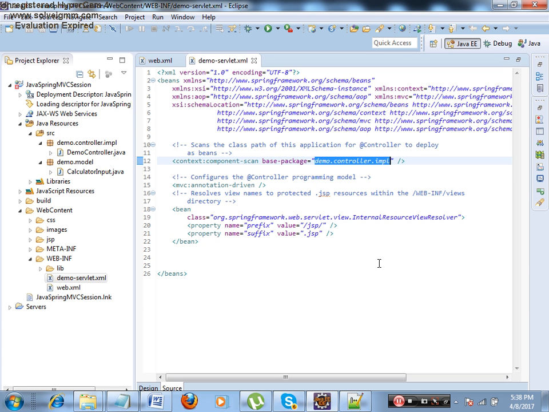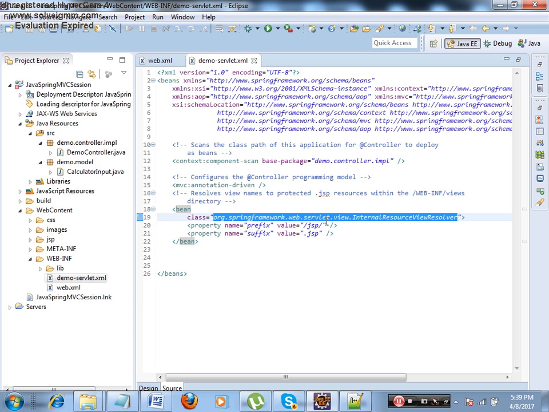Then after that we studied about model and view. After getting model and view, the dispatcher servlet went to a class known as the view resolver class, wherein it appended the prefix and a suffix. Remember? Therefore, how to define that class: org.springframework.web.servlet, the name of the class is InternalResourceViewResolver. Inside that you can give a prefix, you can give a suffix. See, what is the prefix? I have given /JSP/, suffix I have given .jsp. So it will give me the complete path by calling this class internally.